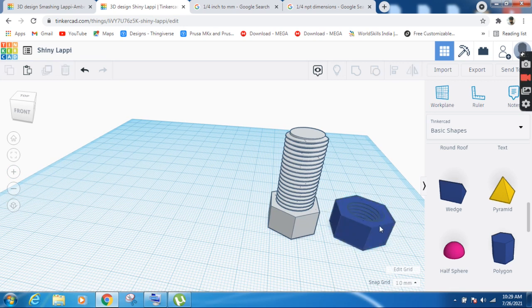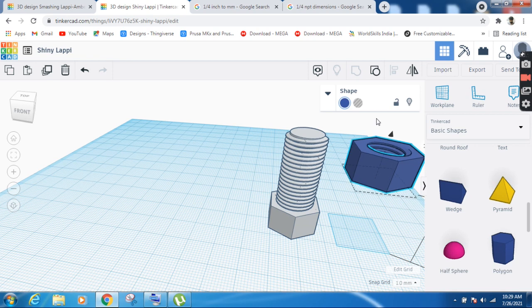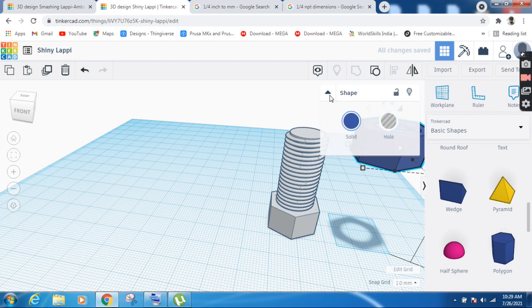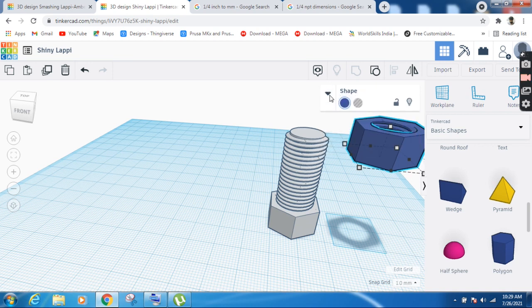Okay, now if you want, you can bring these parts and put them on the top of your bolt also. Let me show you how you can do that. Your nut is ready, so I'm moving it towards the bolt by holding the left mouse. You can bring it up.